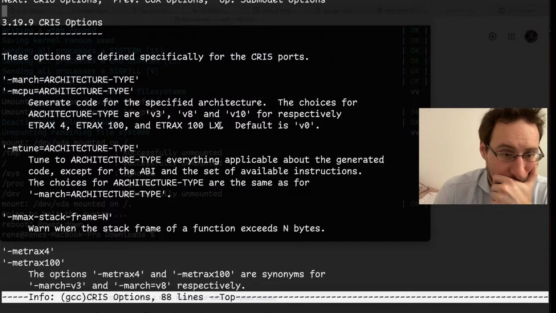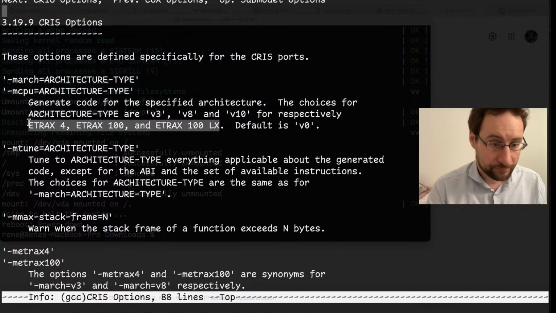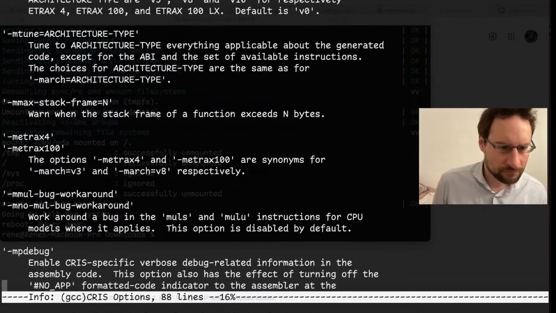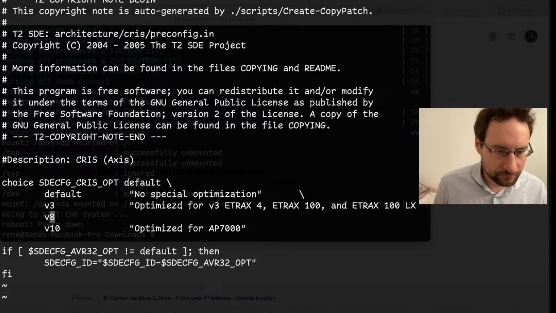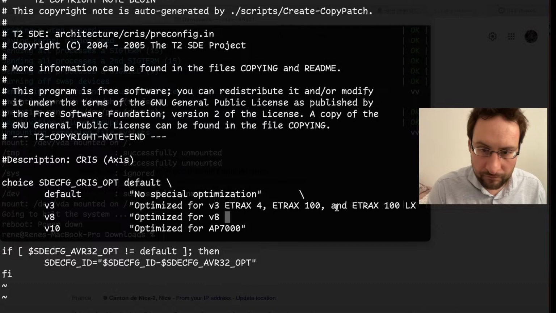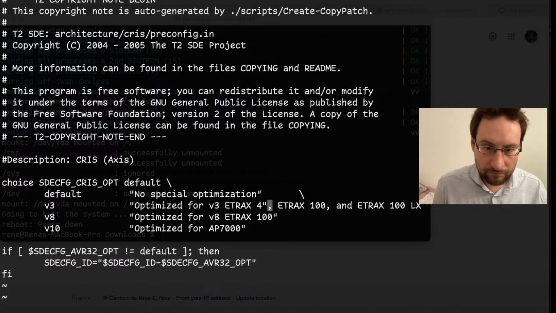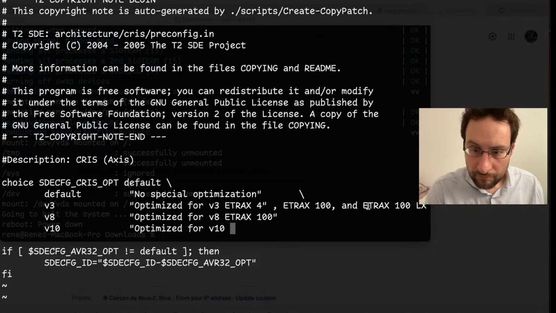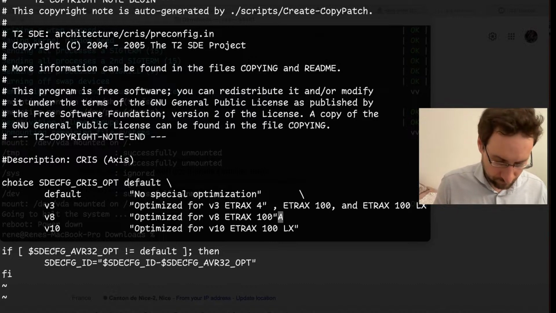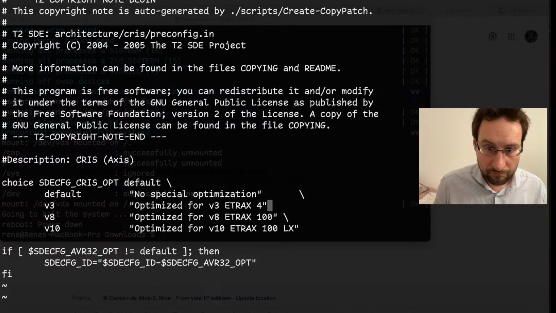This was a typo. So is that, wait a second, did I use tab?